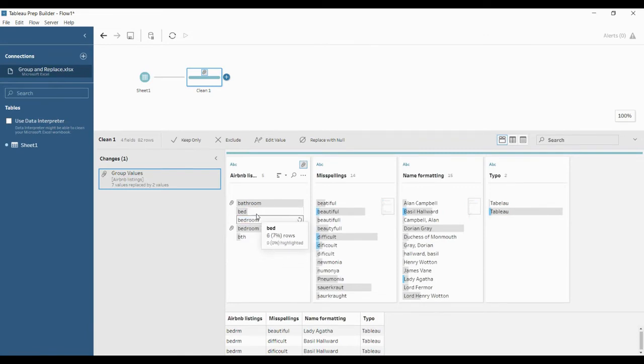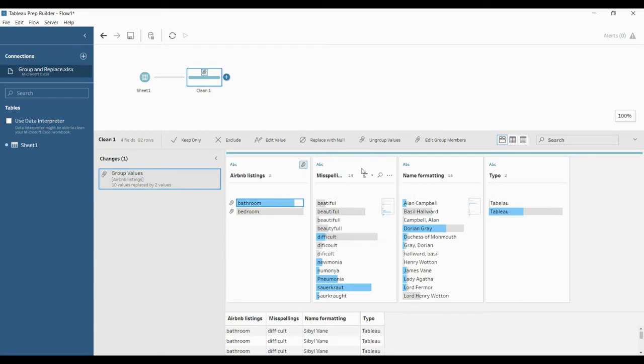You can also select and manually type it, or else go and do it with the group values. The difference is that if you have multiple different wrong entries, you cannot always select everything, so that is why we use the group values. I have shown two possibilities.